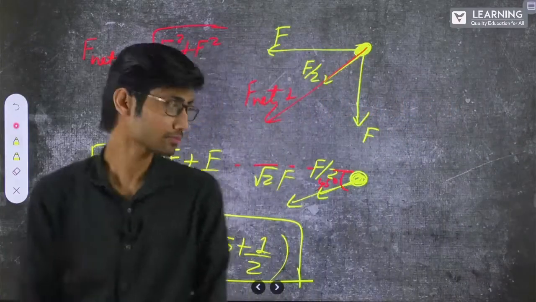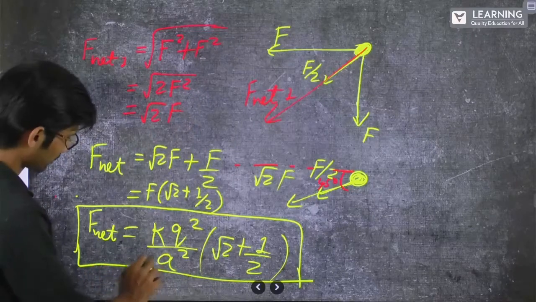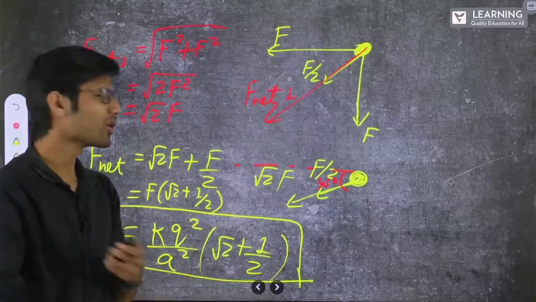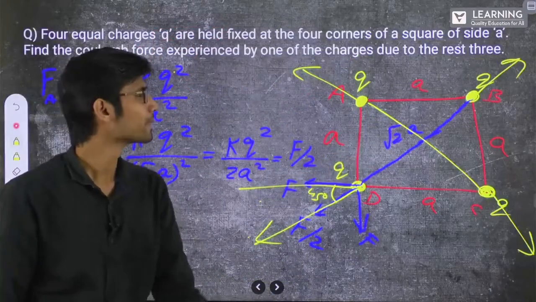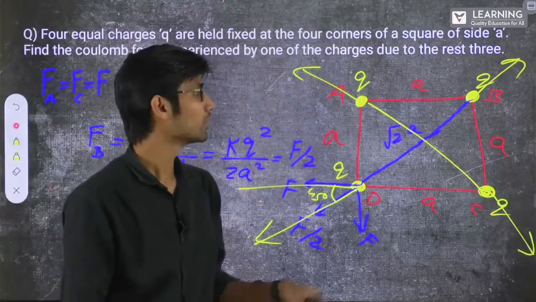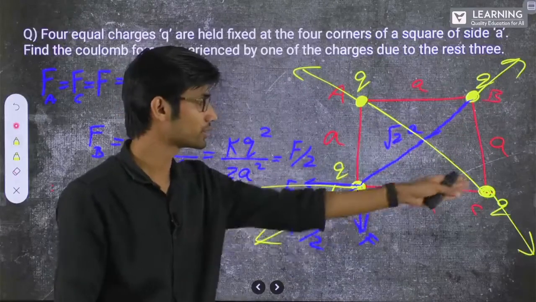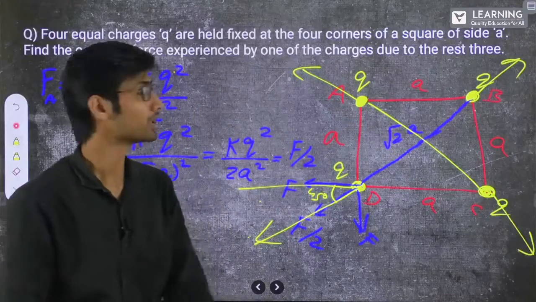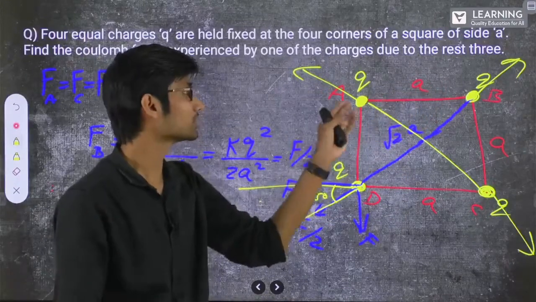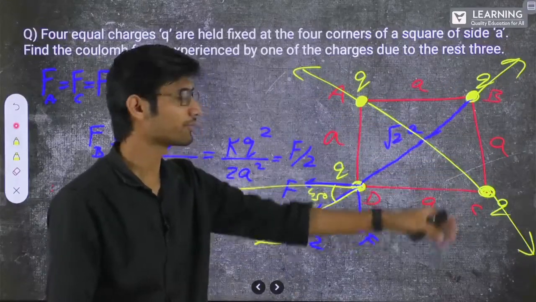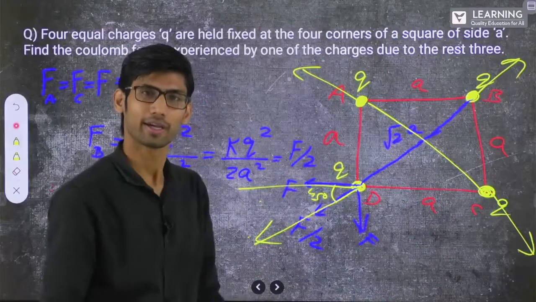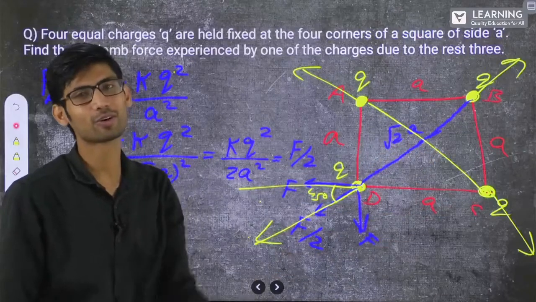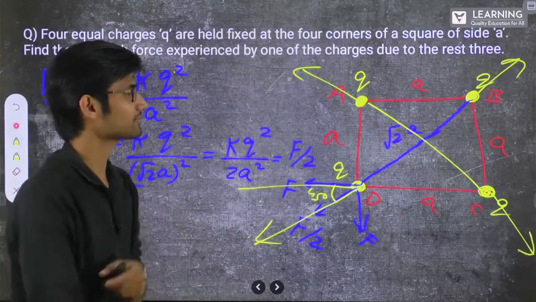Done? This is A. I hope you can understand. It's not Q. Now again the variations are possible. They can put this as minus Q. They can put this as minus Q. Or all the three as minus Q. Variations are possible. They can change the value of charge. Suppose this is Q, this is 2Q. This is 4Q. This is 5Q. Anything they can give. Fine. But if you know the concept, you can solve all those questions. Alright?